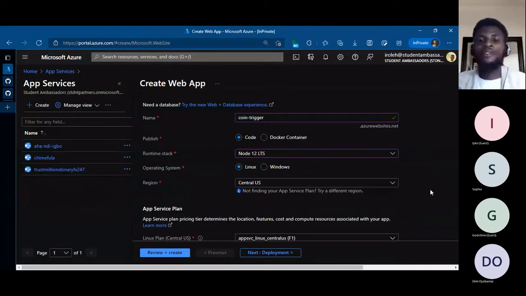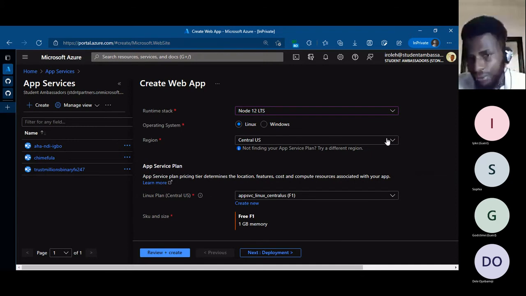So this is an example of platform as a service, like we discussed when we started the workshop earlier on. You don't worry about the hardware. You just worry about your application, your code. That's what you worry about. You just choose the machine you want to deploy your application to. So here is the operating system I want to deploy to, Linux or Windows. You know what works best for you, and what the application performs faster on, so you choose that. I'll be sticking to Linux,